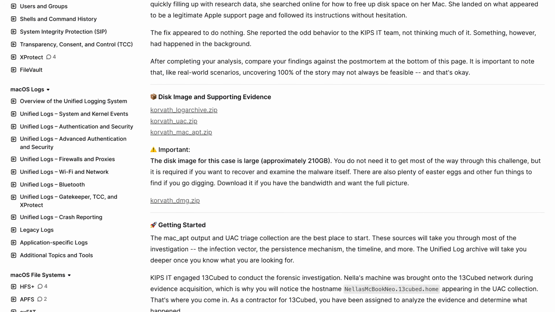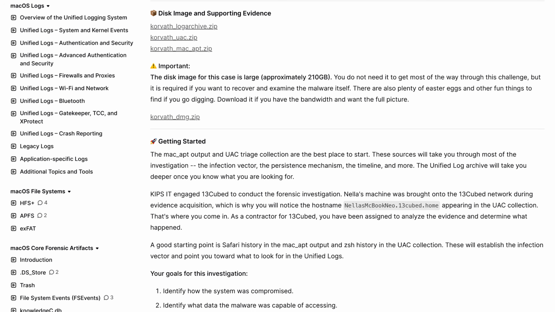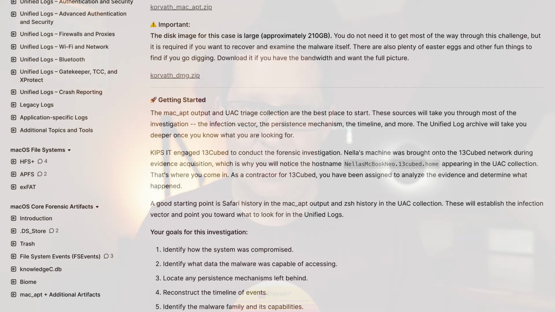This is a comprehensive new challenge centered around a new employee at a fictitious planetary sciences university. We went so far as to purchase a dedicated computer and cell phone. We stood up an email infrastructure and even stood up a website. This entire challenge is based on real-world macOS malware. So the scenario that you're going to be investigating is not something contrived. Again, it is based on real-world TTPs, and I think that you're going to have a great time taking a